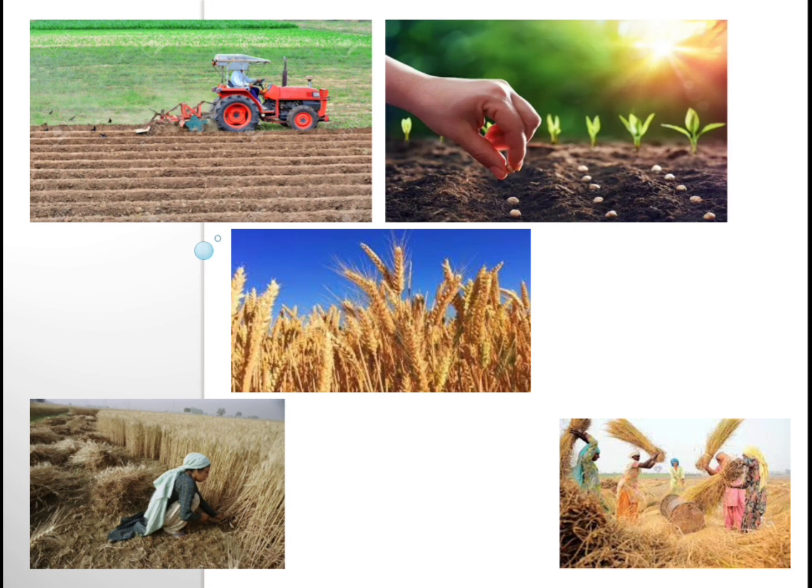After separating, they collect the grains into the sacks, into the jute bags, and that is taken to the mill, so that it is refined properly, it is cleaned properly. Then it is sent to the market to be sold, and there we will buy the rice. So in this way the farmer grows the rice crop.